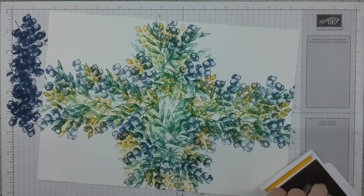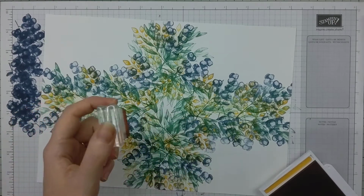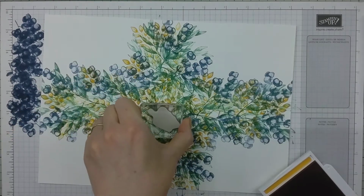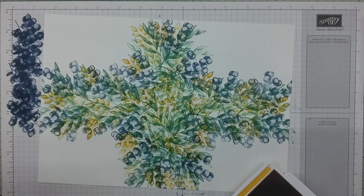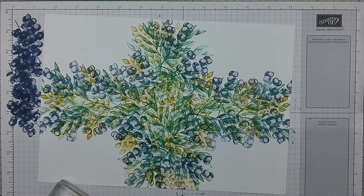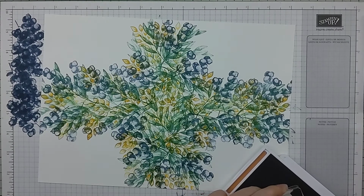So just trying to twist the stamp in different directions as well, just to give it some more interest. So we need a bit more in there somewhere, don't we? There we go. How's about that then? So that's enough for the Bumblebee. So we'll just add in a little bit of the Cinnamon Cider as well, just to add some more